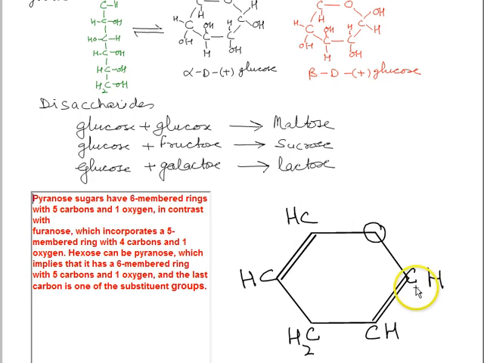Here you see the valency of carbon is fulfilled. Taking carbon number 1, 1, 2, 3 and 4 with hydrogen; 1, 2, 3 and 4; 1, 2 and 2 hydrogen, so 4. Here again 2, 1, 3 and 1, 4. Here 2, 1, 3 and 4. And oxygen has a valency of 2, so 1 is this side and 1 is this side. This structure is called pyran. So when we find a similar structure in glucose, the form is called pyranose form.